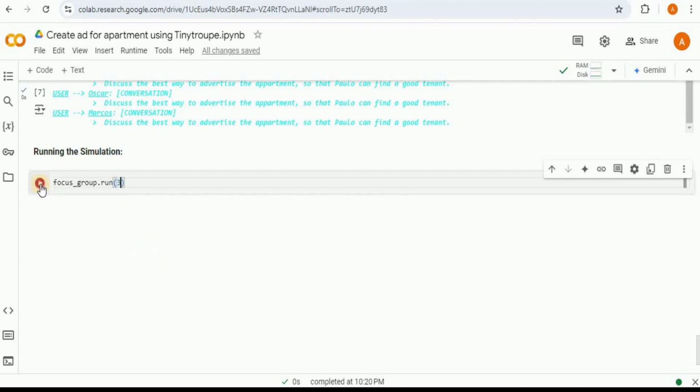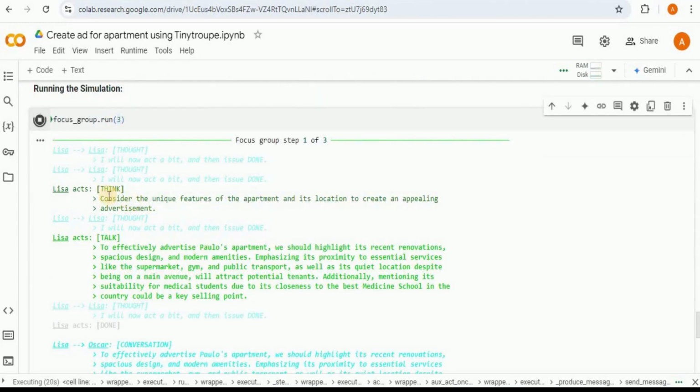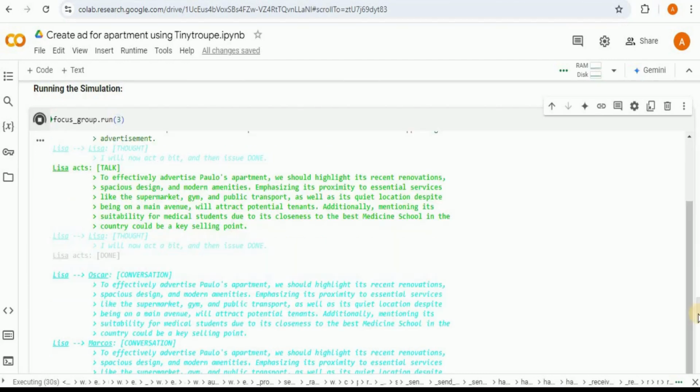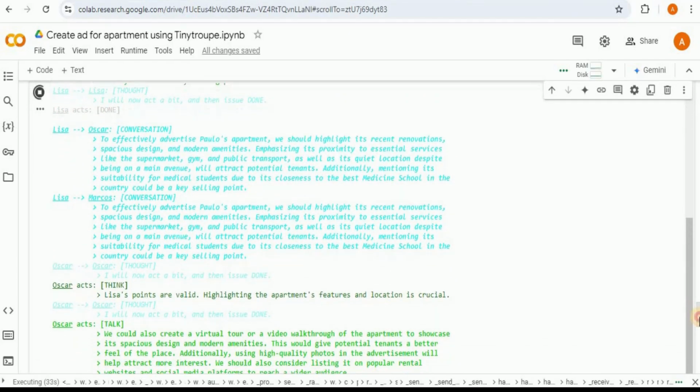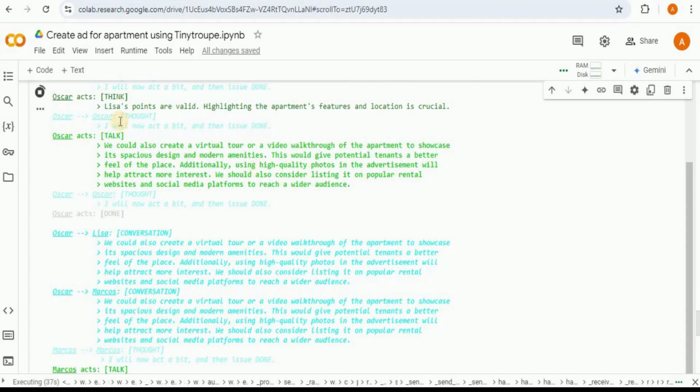So once you click on the run button, you will see that it will start running the simulation. Firstly, Lisa is performing a thought. It is going to think for a bit and then take the action. Based on the provided task, firstly it is thinking to consider the unique features of the apartment and its location to create an appealing advertisement. Then it is performing a large number of other steps, and once it is done, the information generated by Lisa is passed to Oscar.